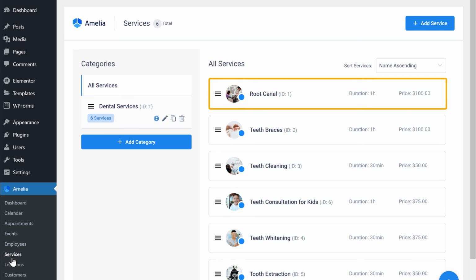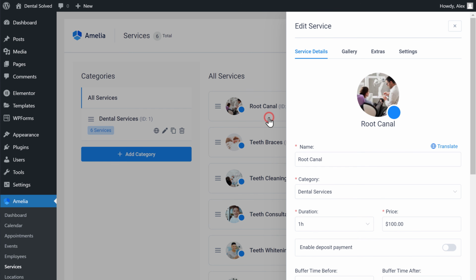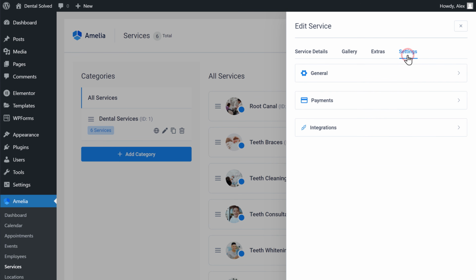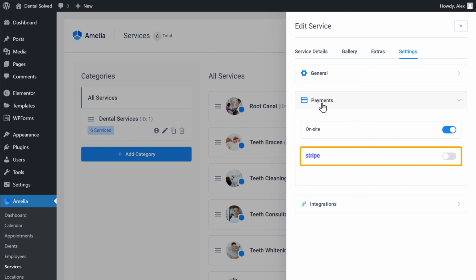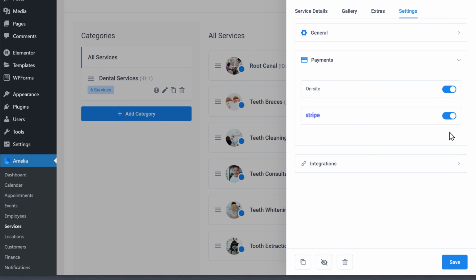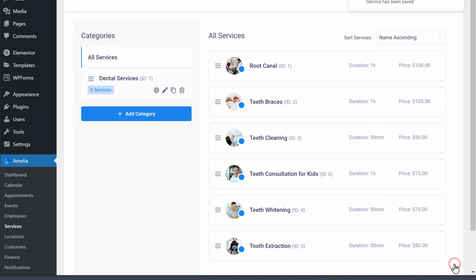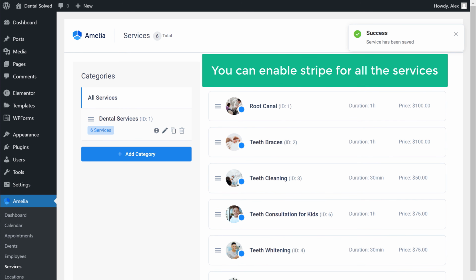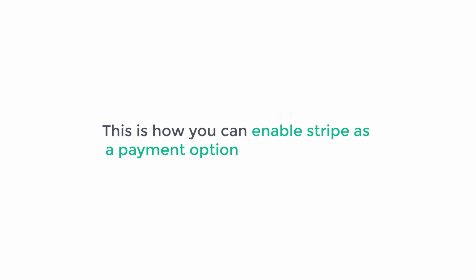Now click here, click Settings, then click Payments and then enable this option. Once you're done, just click Save. Now in the same way, you can enable Stripe for all the services. So this is how you can enable Stripe as a payment option for your services.